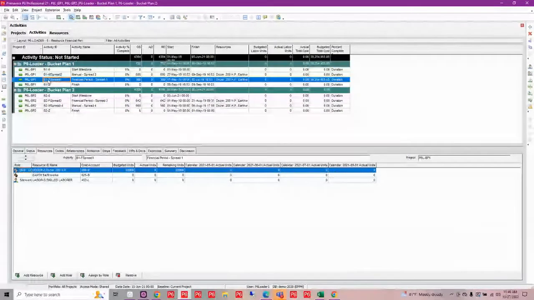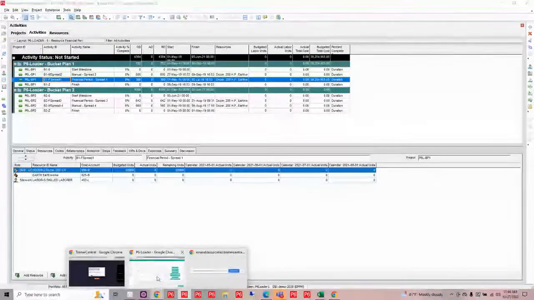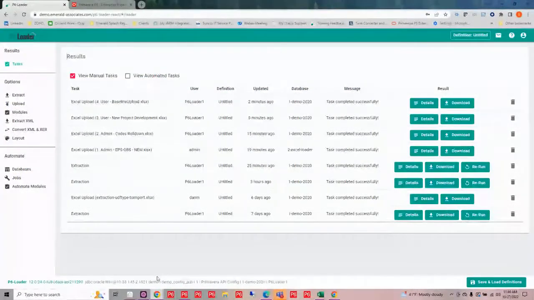Now, in the case of my resources, not only do I want to put in that progress, but I am actually wanting to put that information in different time periods. So I've set up my time periods, and I have different values for different time periods on this update. So one of the ways that I could easily make a sheet